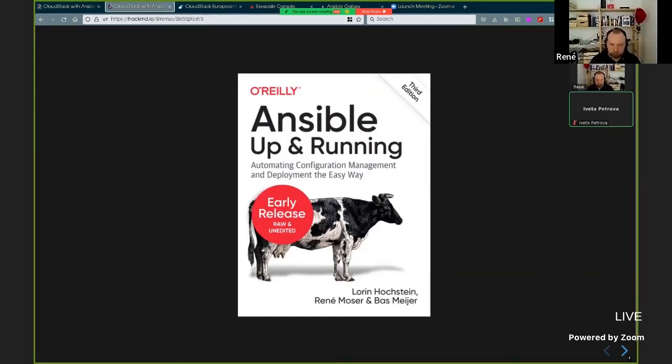The third edition is currently in early release, written by Bas, who is also an active member of the Ansible community. If you need to get started with Ansible or need a deep dive into Ansible, this is a good start among other great books.